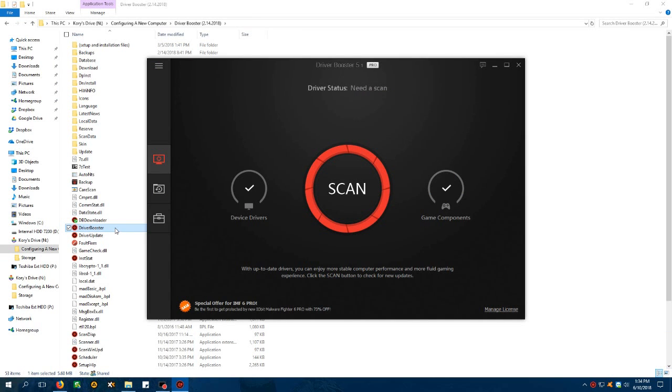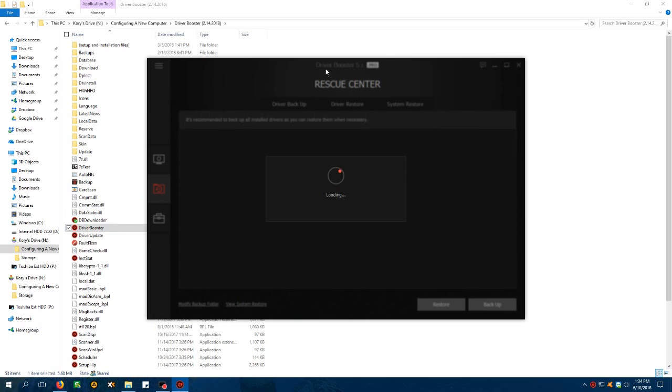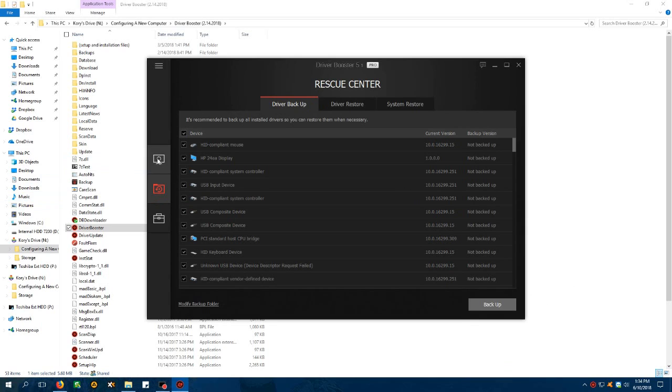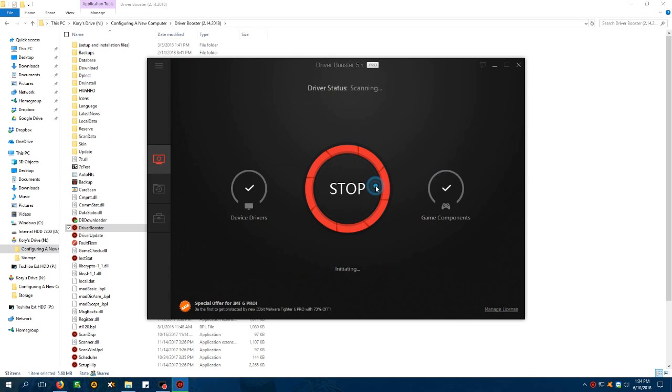It'll actually install a third-party driver for that touchscreen, and then the touchscreen doesn't work, and I just roll back the driver and it's ready, set, and go. You can do that within here. You can rescue any driver. It backs up all your drivers before it ever installs one, so you'll never have a problem with that. You just scan, it's going to scan all your drivers. It'll look for